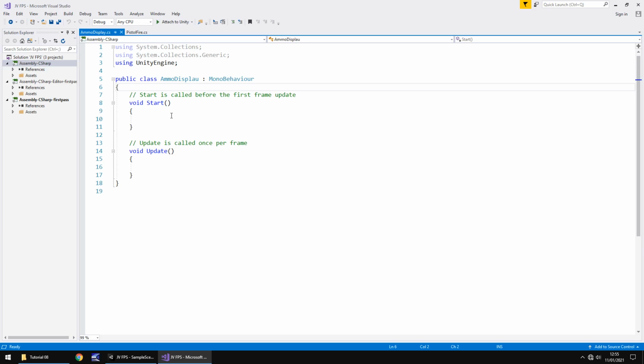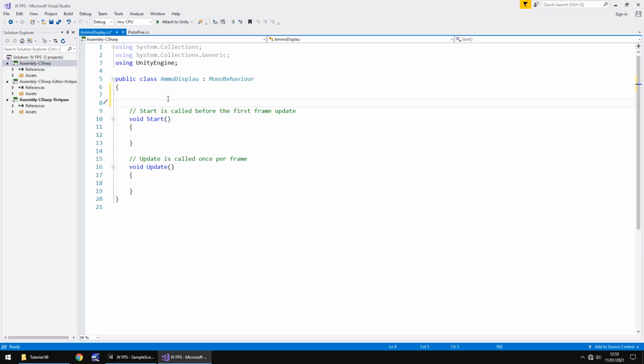We're going to write the script and see why it won't work. So let's start by adding in a variable. The variable that we're going to use is to do with UI. We're going to come back to why that's important in a couple of moments. But for now, let's declare that text box that we've just inserted. So public GameObject ammoTextUI;